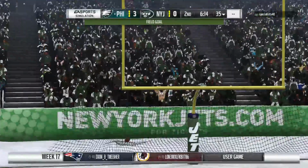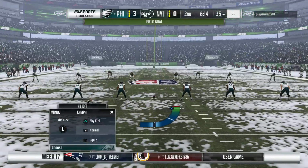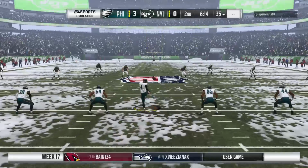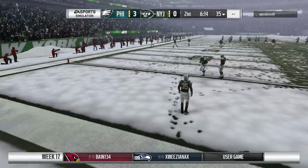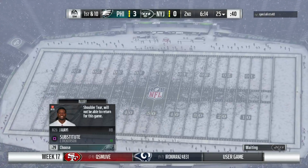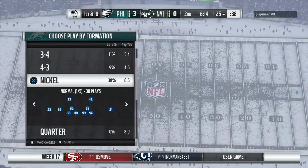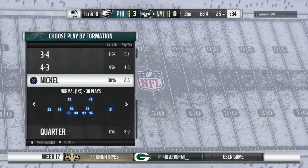And the kick by Elliott is good, and the Eagles take a 3-0 lead. So still no touchdowns in the first half, but we do have some action on the scoreboard with the field goal. So maybe now the mentality changes in this game, because anytime you can get to the red zone, if you don't come away with 6 points, you feel like it's a disappointment. In a game like this one, being able to kick field goals means you're right there, and then you're just looking for that big